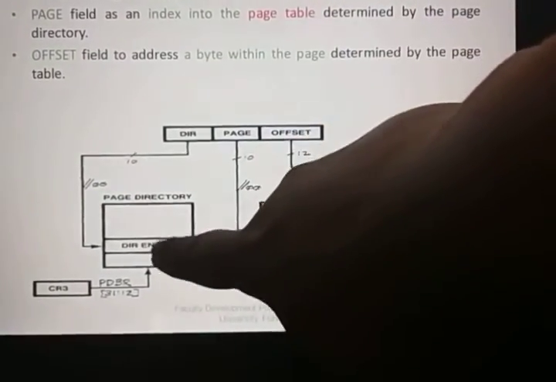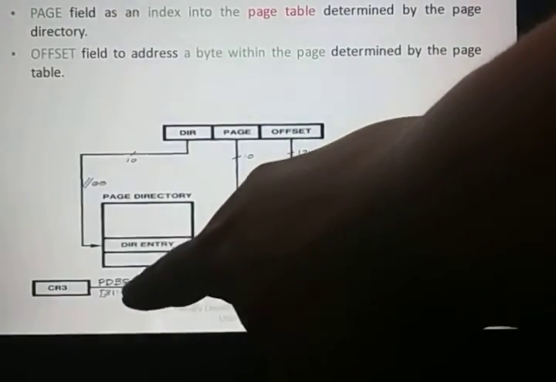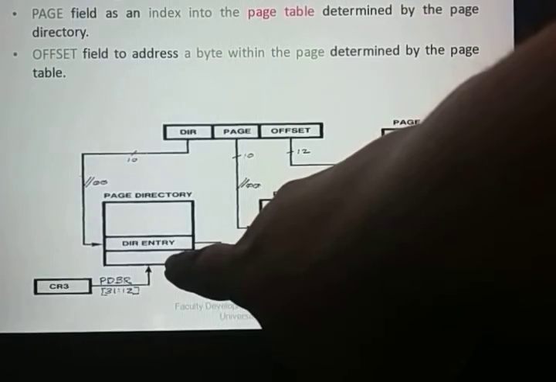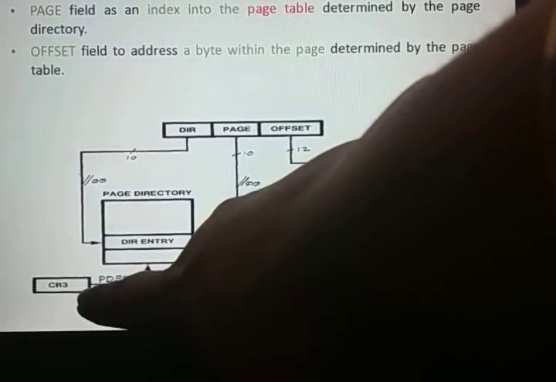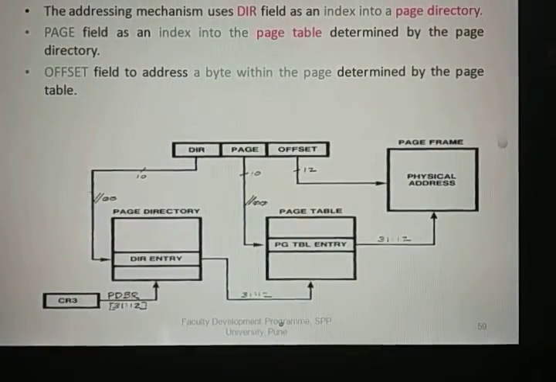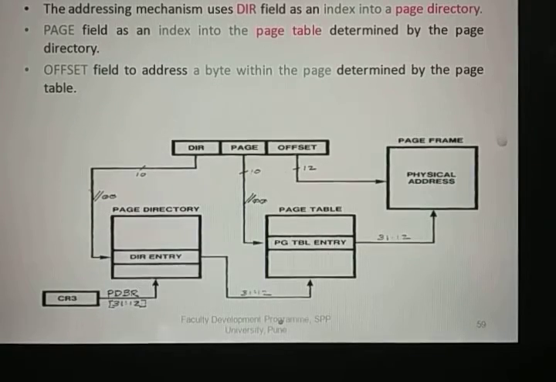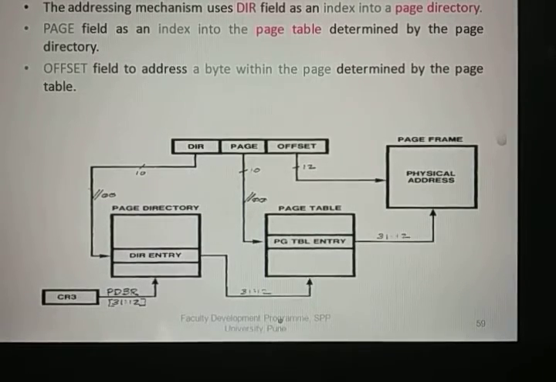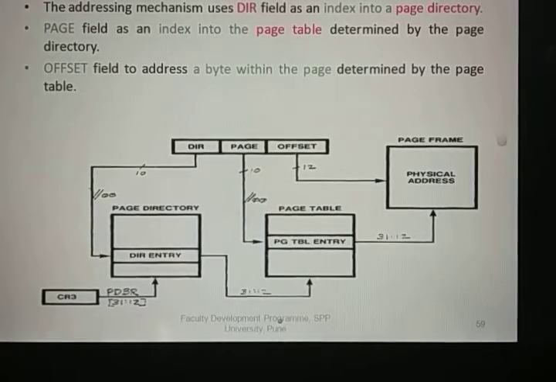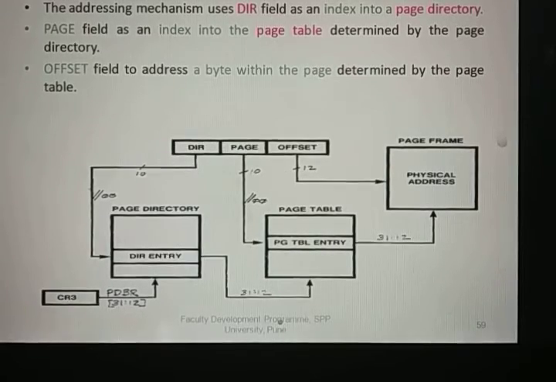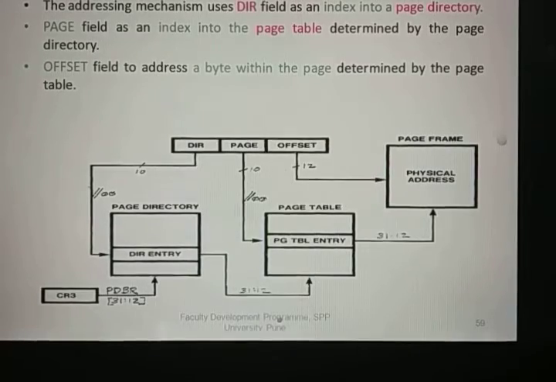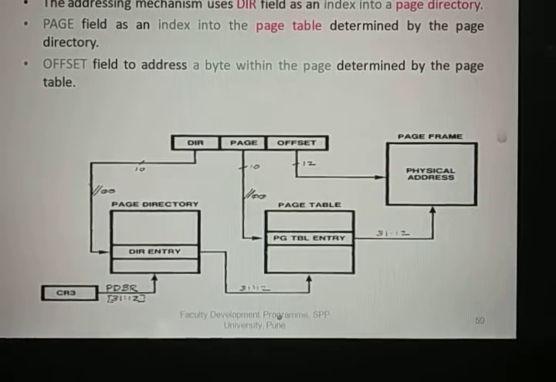Now, the page directory entry table base address. How will you get the base address for the page directory entry table? We are using control register 3. When we discuss control registers, you have four control registers in the 80386 processor, from CR0 to CR3. CR0 we have discussed many times for paging and protection enable. And CR3 we have discussed as the page directory base address register. So this is the PDBR register, the page directory base address register.